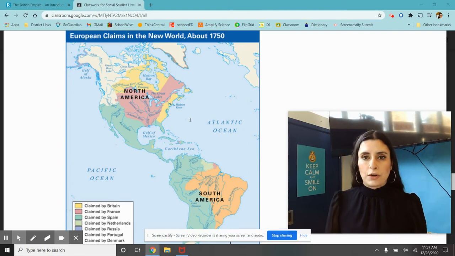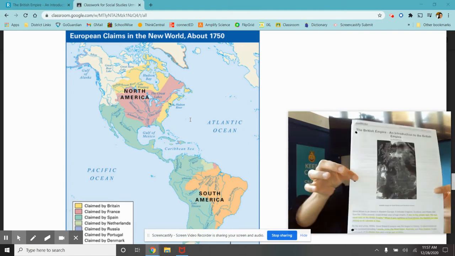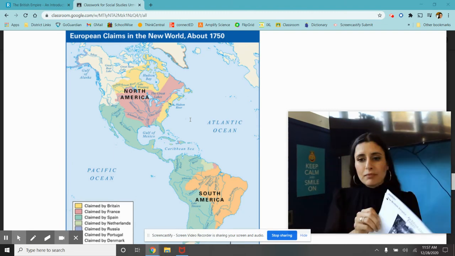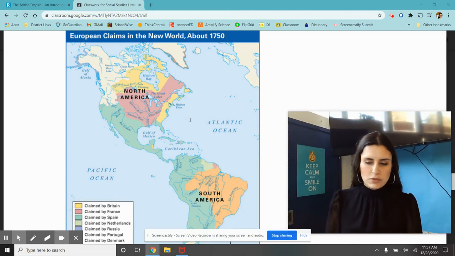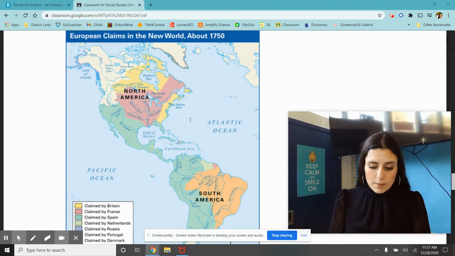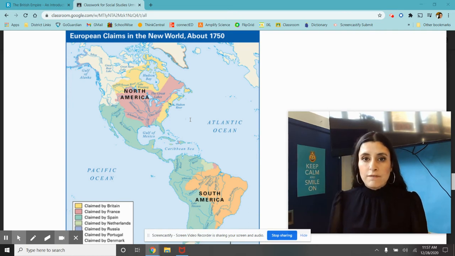So in your binder, you have a packet that looks like this, and it says the British Empire. This is actually from ReadWorks, if you remember using ReadWorks from previous grades. So I'm actually going to play the audio for the reading. We're going to follow along, and then we're going to do the questions together. But while we're doing the questions, let's remember what we should be focusing on. We want to know, what does it mean when it says the sun never sets on the British Empire? We want to know, what are the places that were part of the British Empire?